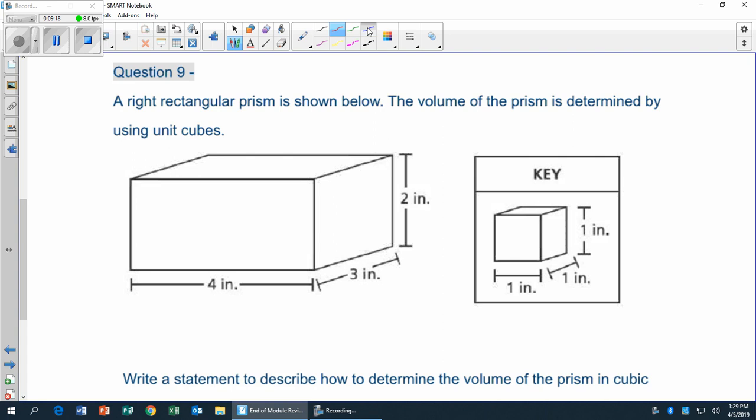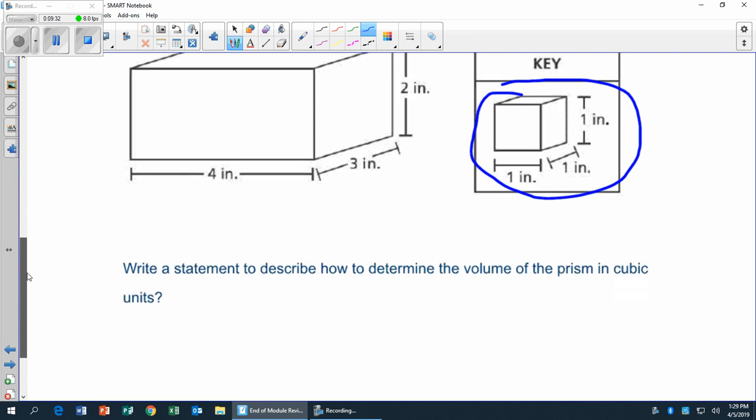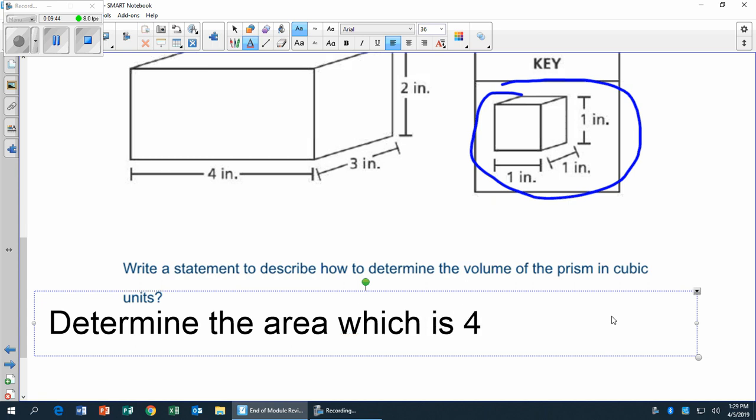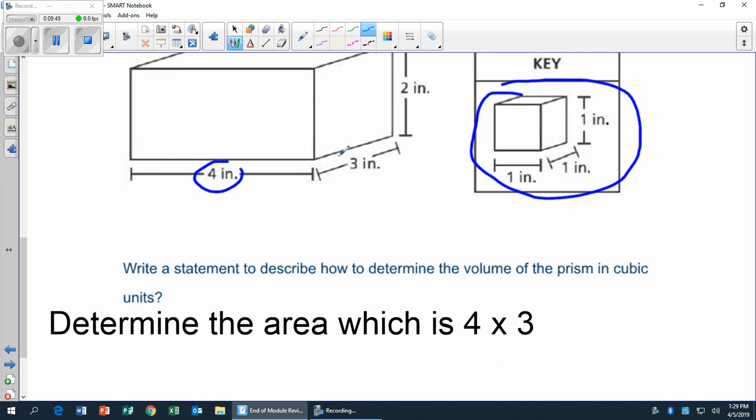Question 9, once again, we have a right rectangular prism, and the volume is determined by using these cubes, or 1 inch by 1 inch by 1 inch. And then we want to know which statement would describe how to determine the volume. So I can explain to somebody that in order to get the volume of this, I first would need to find the area, which is 4 times 3. And if you notice right here, we have the length times the width. And then after we do that,